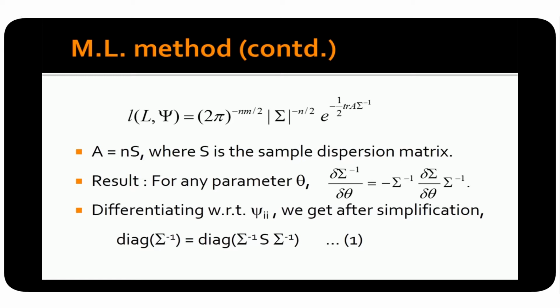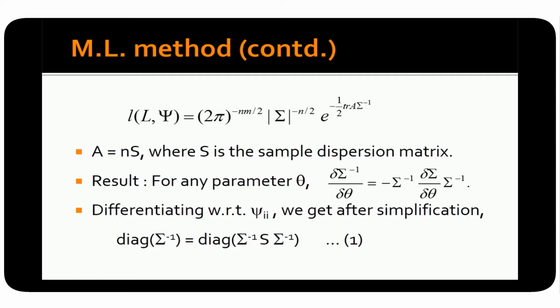An easy result is that the derivative of sigma inverse, where sigma depends on, say, a parameter theta, can be written as minus sigma inverse times the derivative of sigma with respect to theta times sigma inverse. So you don't really need to do the derivative for the inverse, you can do it for the original matrix itself. We'll be using this result,